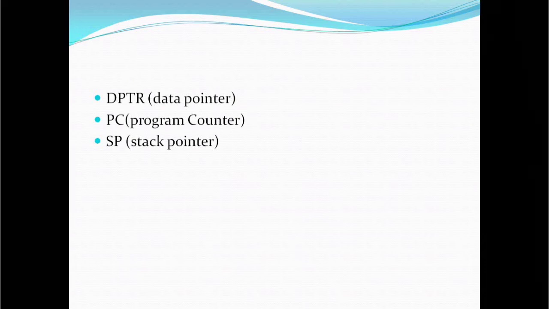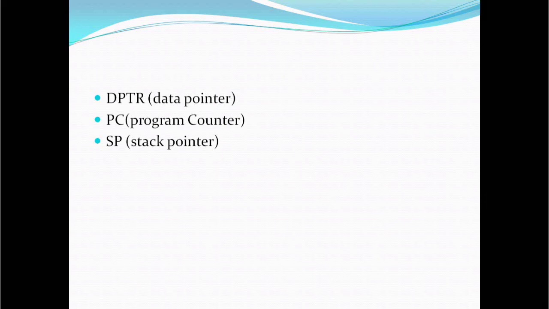The next is the PC, that is the program counter. The program counter is again a 16-bit register, and it basically keeps track of all the addresses present in your program. The PC starts at 0000 when the 8051 initializes, and it is incremented every time after an instruction is executed.